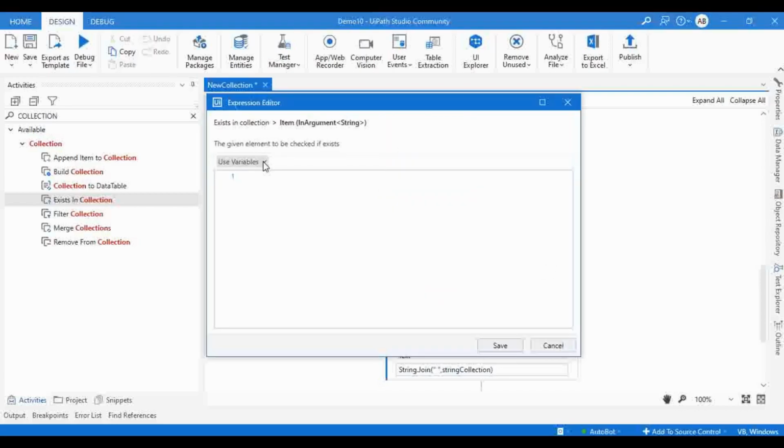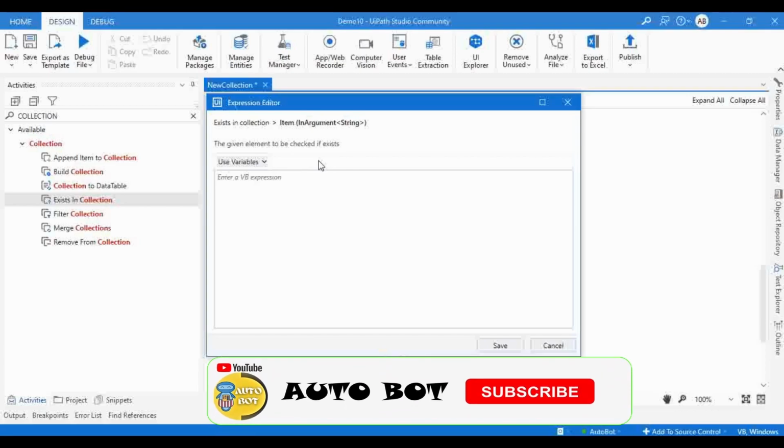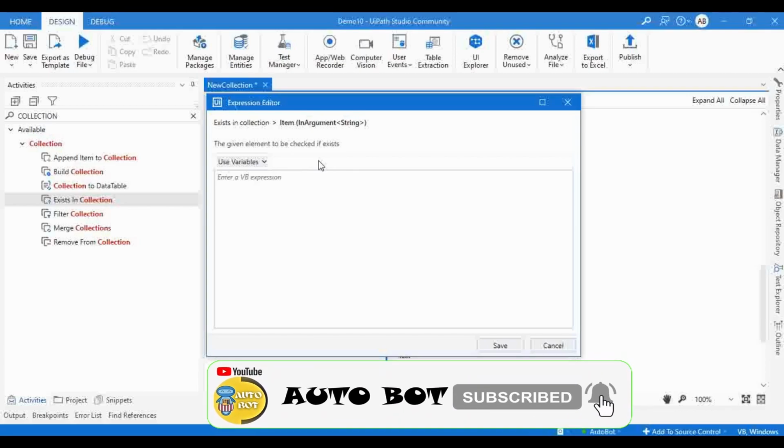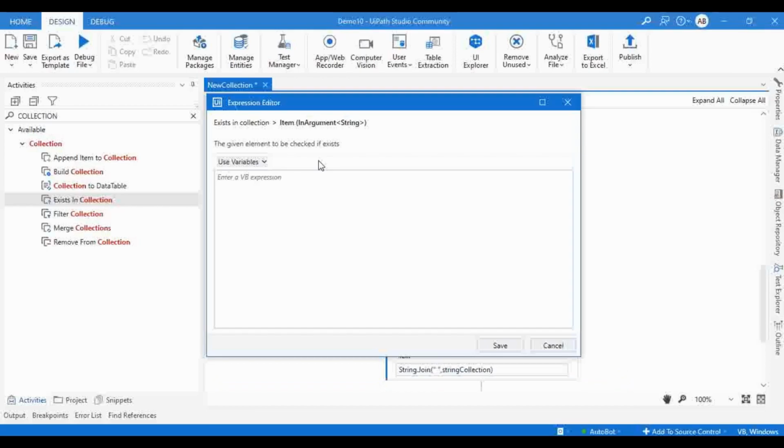If you want to use some variable, that also you can here. Just consider you got some list and you want to see whether the particular value is available in that particular list. You can use this activity and provide the expression, like what is the value that I need to check. So let me give it like